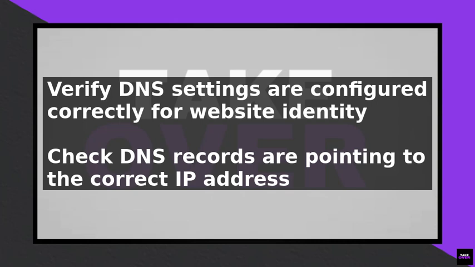Additionally, check the DNS settings to ensure they are configured correctly. Incorrect DNS settings can cause the browser to fail to verify the website identity. To check the DNS settings, log into the domain registrar and verify that the DNS records are pointing to the